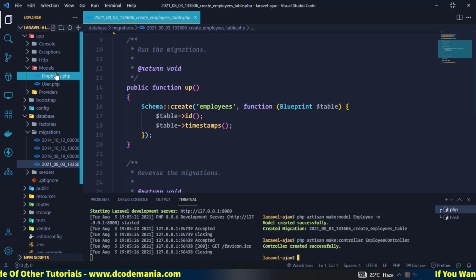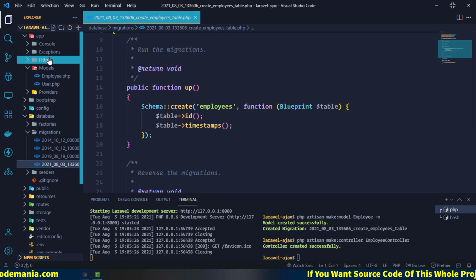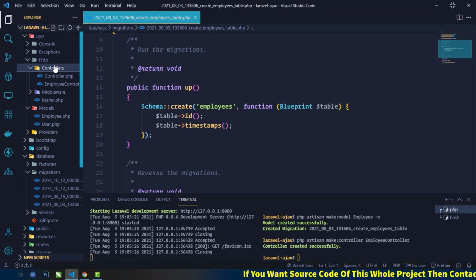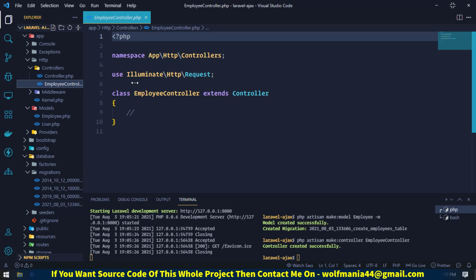Now if we go to the app directory, then the Http directory, and inside this Controllers directory, we will find EmployeeController. Okay, so all is created. Now first we will